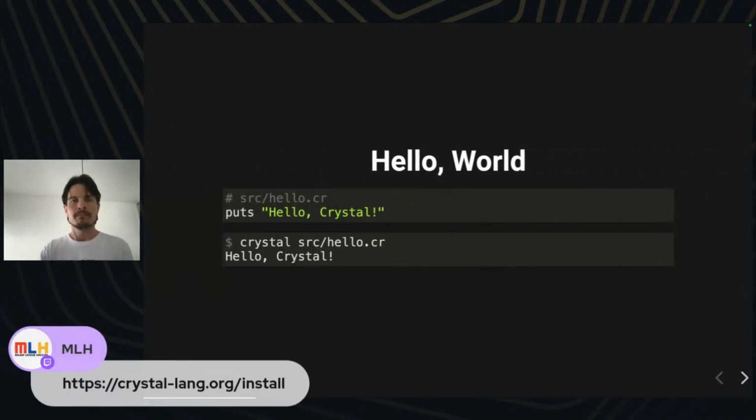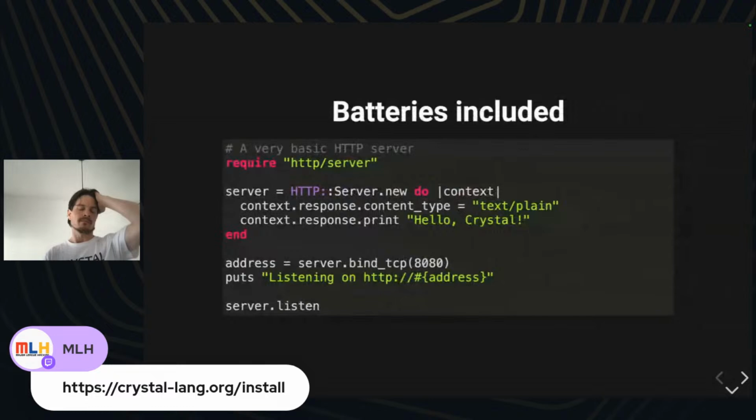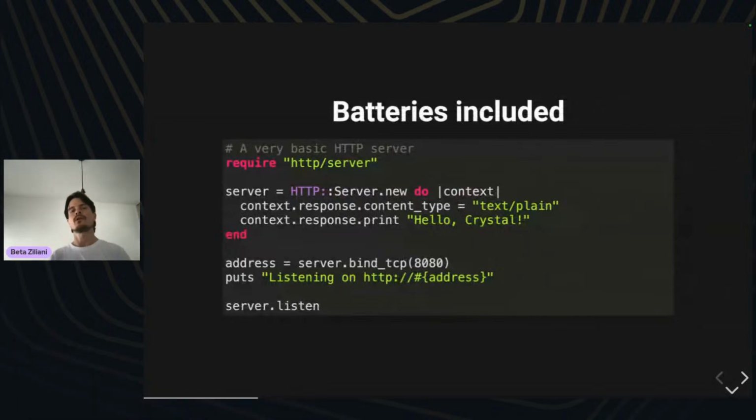So, okay, we passed through this to get into a more interesting topic that I haven't covered in the live coding session. Crystal is batteries included. What does it mean? Basically, with the standard library, you can do a lot of things. For instance, this short little code shows how to create an HTTP server that you can run on your computer, and every time that you hit it, it will respond, "Hello, Crystal." This is what is here, right?